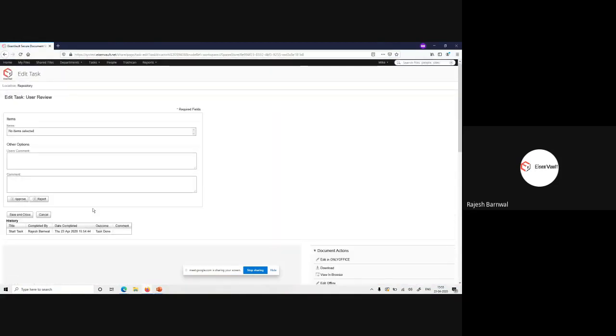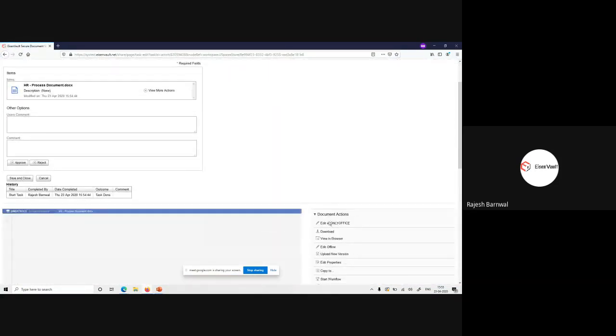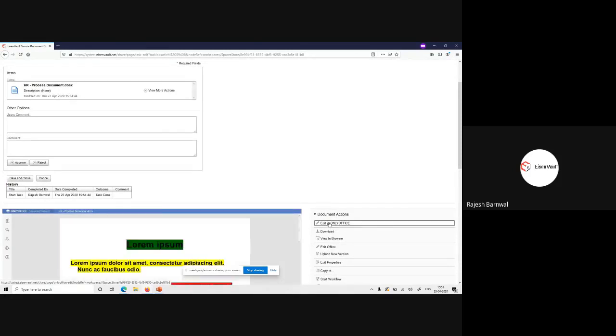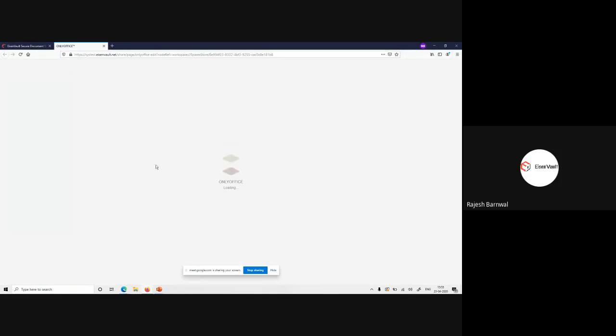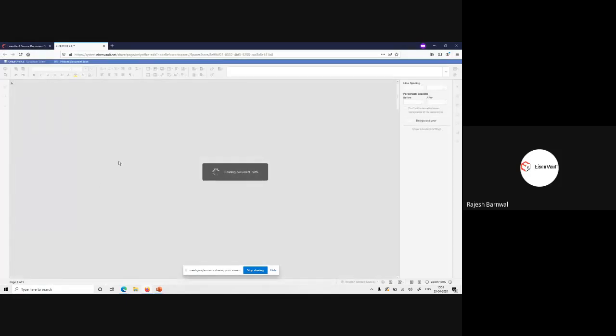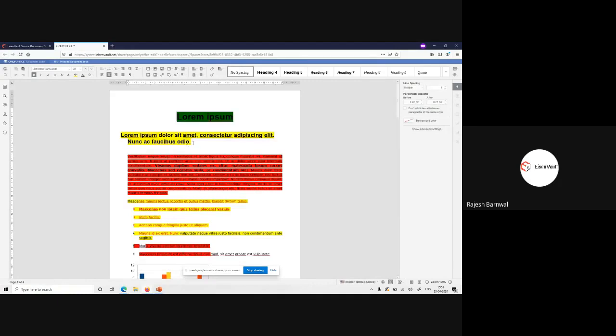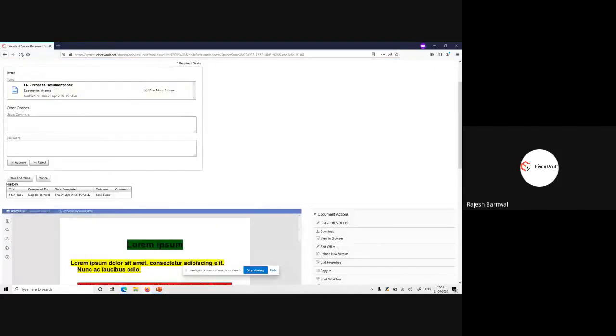Let's say he rejects this document, or if he wants to change something instead of rejecting and highlighting, you can click on edit online instead of rejecting. And if they want to change something, change this here. Reload this file.